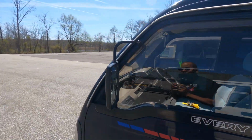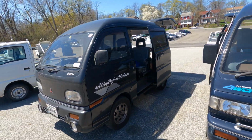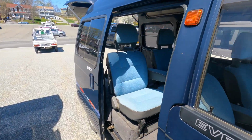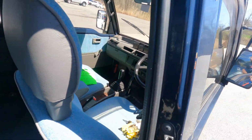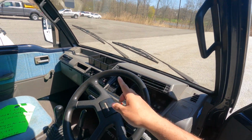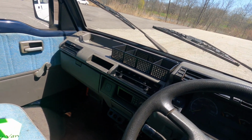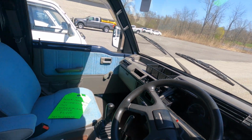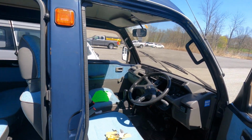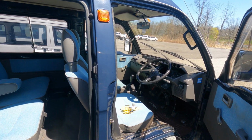And then the winner. It's very rare to get a blue truck, a color truck in general. That's why mine is so cool that it's gray, but a color truck in general. The blue seats, again, good touch. And like I mentioned, it has basically everything that my Bravo has. Lock, AC, wiper, defroster, radio. Like, what else do you really need? I know power windows, I know central locks, and I know this thing's missing, obviously, but for $8,000 with title,